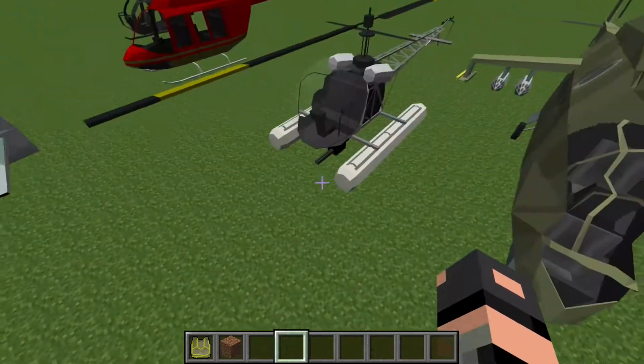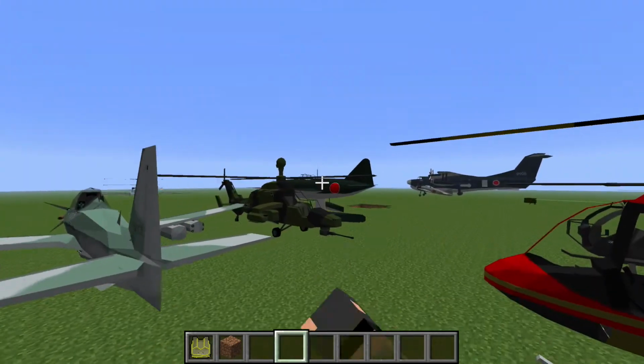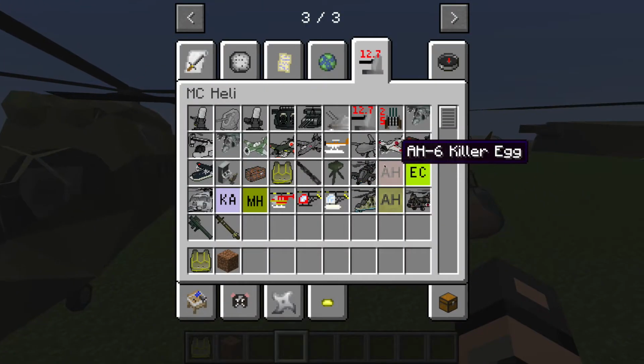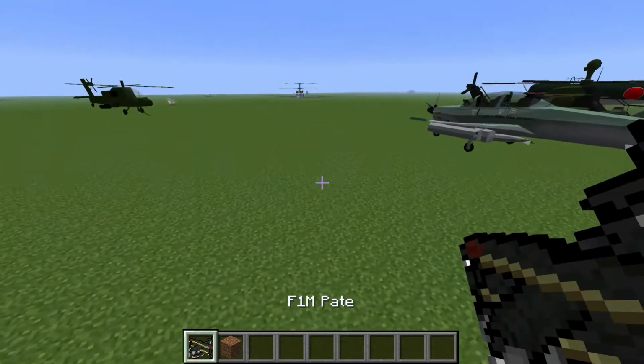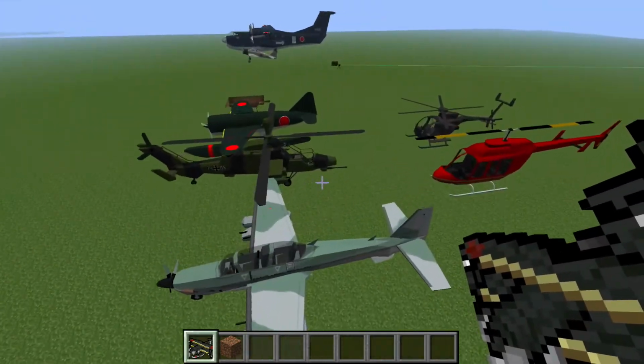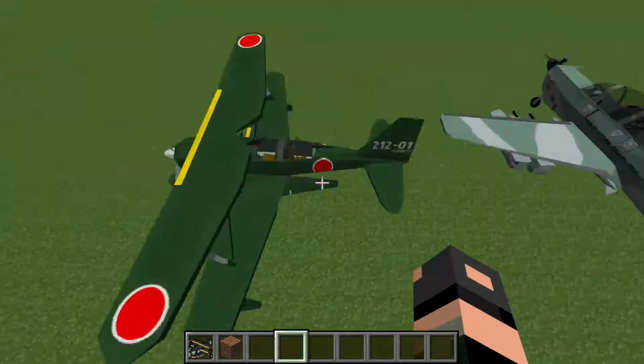It's just a cool helicopter just to ride. This has a float, but a machine gun, and that also has a float. Two of them have a float. I think another one had a float too. F1 Pate. This one has a float. Did I already put this down? No, I didn't put this down. So yeah, that also has a float, but it has a